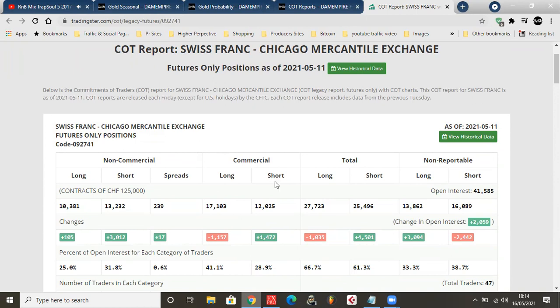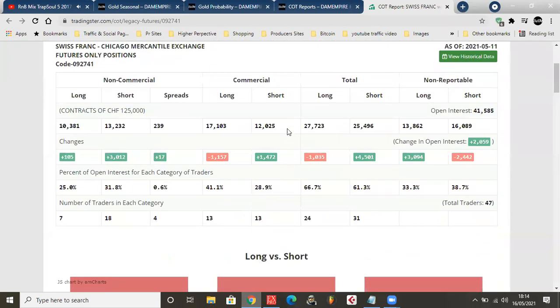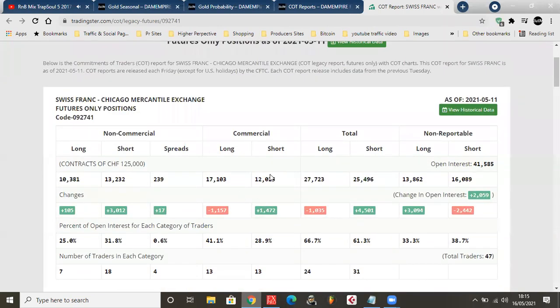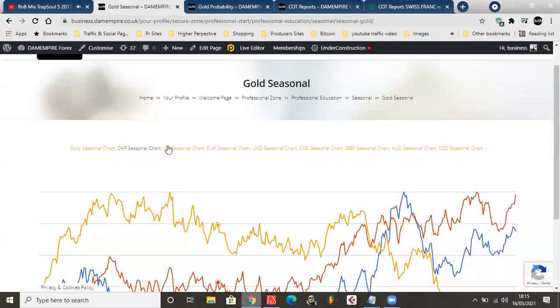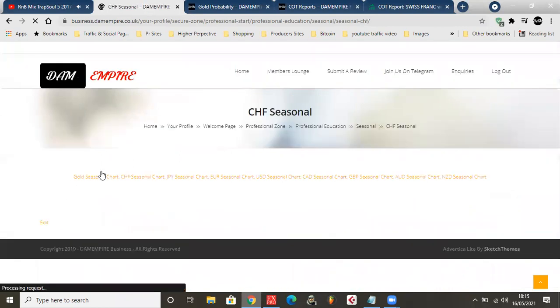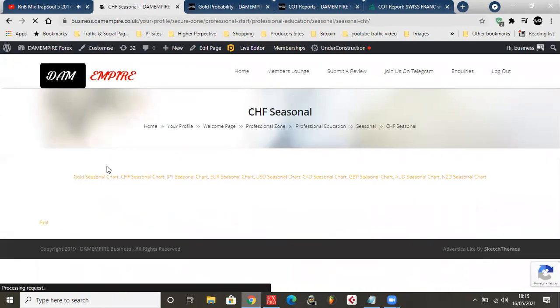So next one we look at is these guys, commercials on the Swiss franc. They're banking on the short side and we see that they've taken out positions from their long side, meaning that there should be a little bit more selling power in play right here. Overall the long position is still there, but I just want to focus on the changes and see what's up with the changes. So let's see if Swiss franc is actually going to have a short sell in this.